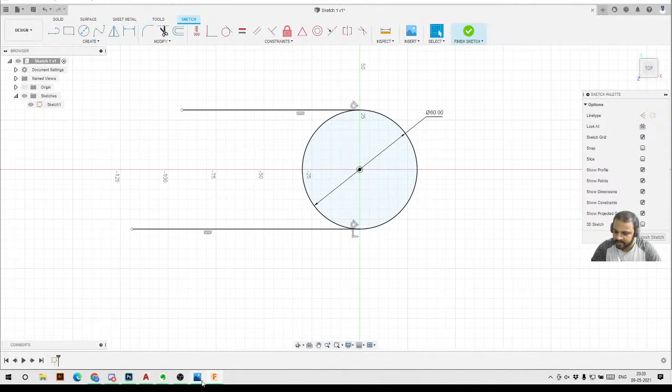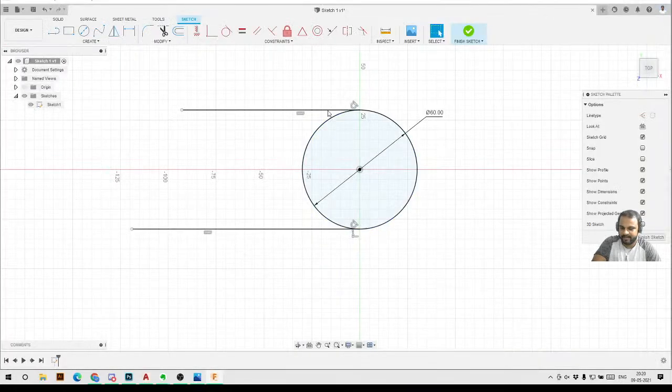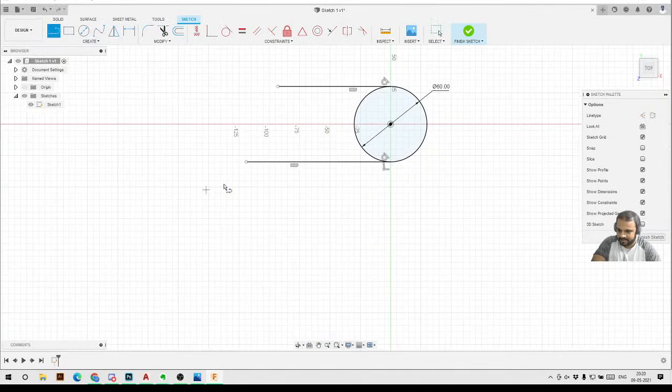Okay, so we'll move to the sketch now. So we had created these two lines, then we have to create one more line like this, then we have to create a circle, then again one more line. So we'll do that. We'll create a line like this, and then